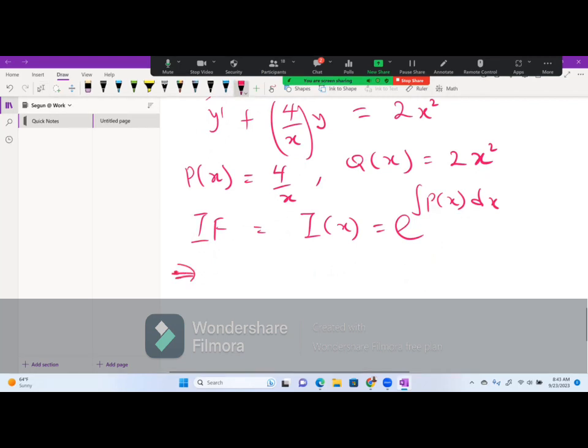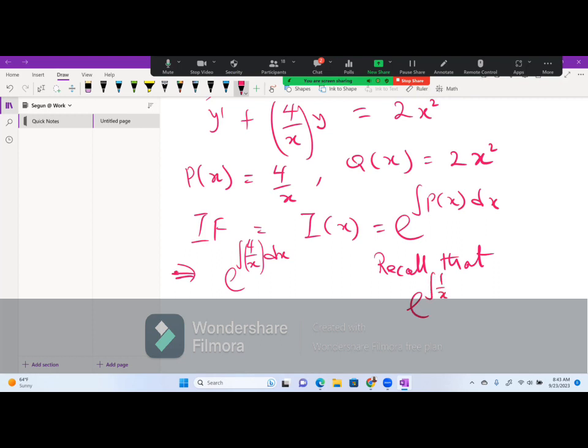So in this case, we have exponential integral of P over x dx. Don't cancel it. The x does not cancel here, right? You have to integrate it. And it is very simple. Recall, I will still recall from here so that you understand. Recall that